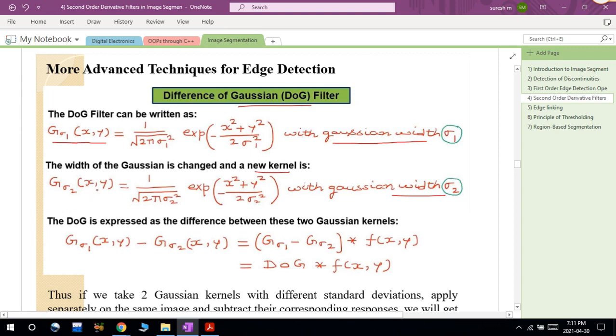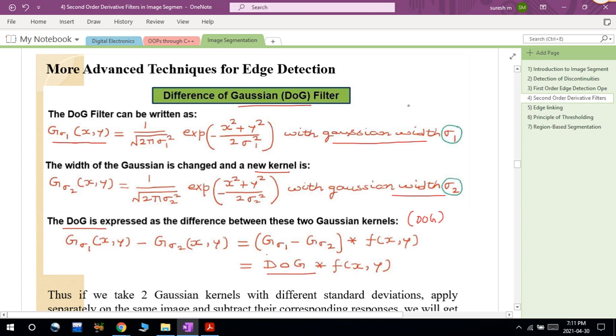So here I will get this one, sigma 2. Then this is your sigma 1, this one is sigma 2, and after this I will apply the differentiation of Gaussian operator, the DOG operator. The formula for this DOG operator is: I subtract one Gaussian with respect to sigma 1 magnitude from the second one. This is called the DOG operator, and after applying it I will convolve it with the original image. So this is called differentiation of Gaussian.